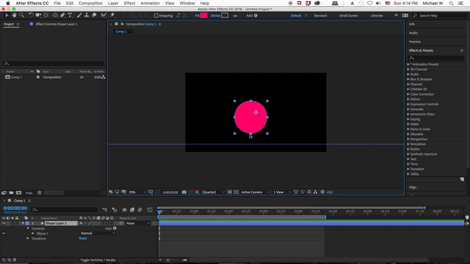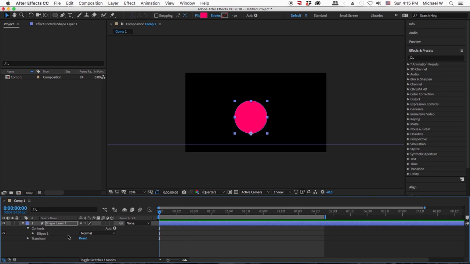So I'm going to want my anchor point at the bottom because that's what's going to be pulling it towards the ground. So I use my pan behind tool right here, click on the anchor point, hold down Command or Control to snap it to an edge or a center point. Now, I know the first thing is going to be, it's going to drop from the top. So I move my playhead to where I want my motion to start, and I'm going to hit P for